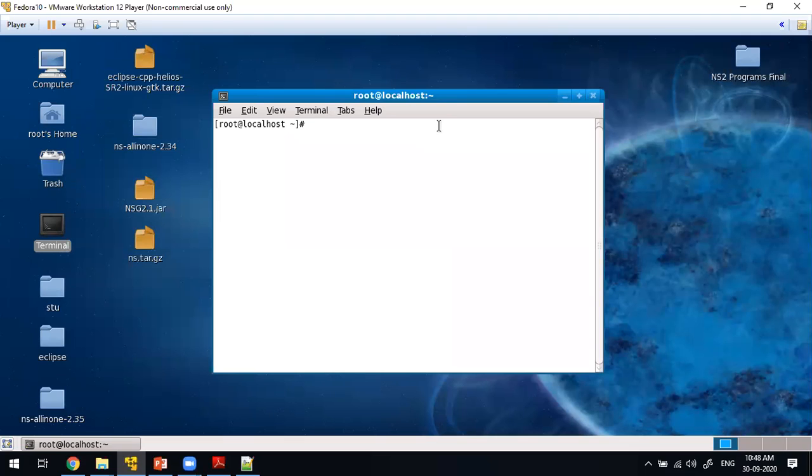It is waiting for the commands. When you enter the commands here, the next job of the shell is to change that command itself. Change that command means whatever you enter, it is going to change.